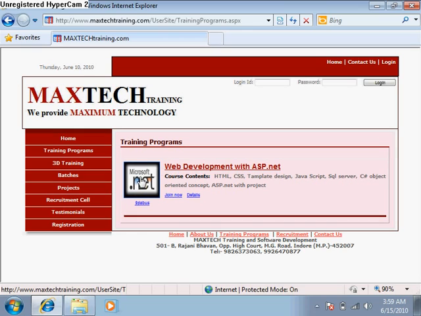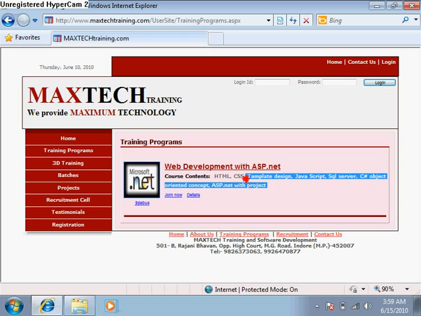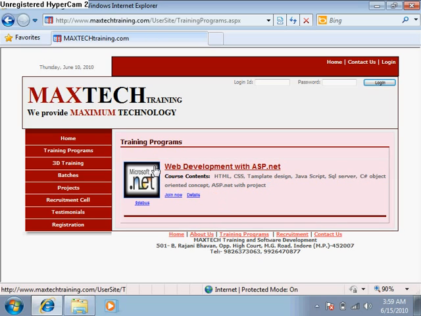At this time we are having a .NET web development with ASP.NET training program. This information is variable, meaning there will be more training programs we can add. If it were static, it would mean we simply type this information in this place